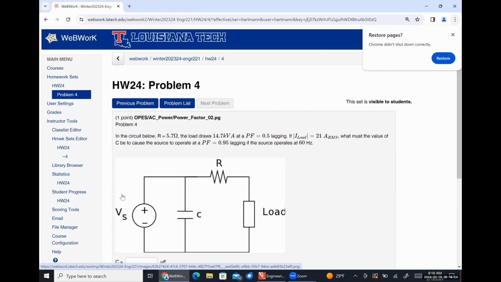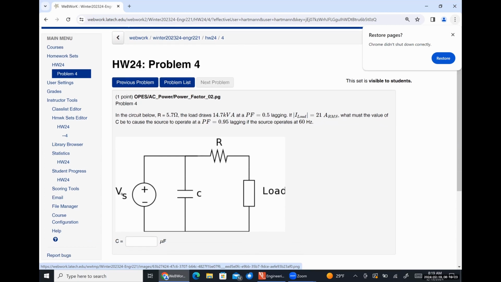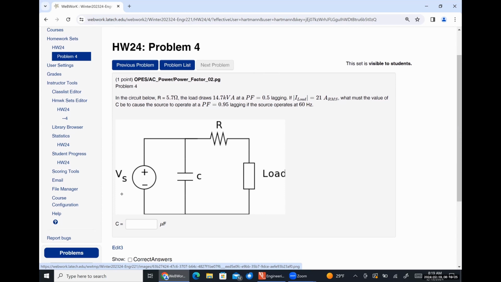We are told that in the circuit below, our resistor has a value of 5.7 ohms. Our load is drawing 14.7 kilovolt amperes at a power factor of 0.5 lagging. That is an atrocious power factor. If the magnitude of our load current is 21 amps RMS, what must the value of our capacitor be to cause the source to operate at a power factor of 0.95 lagging if the source operates at 60 hertz, okay? So I'm going to write this stuff down really quickly,